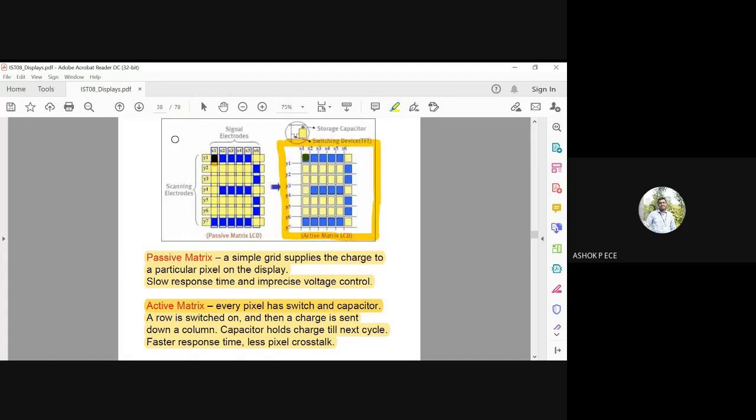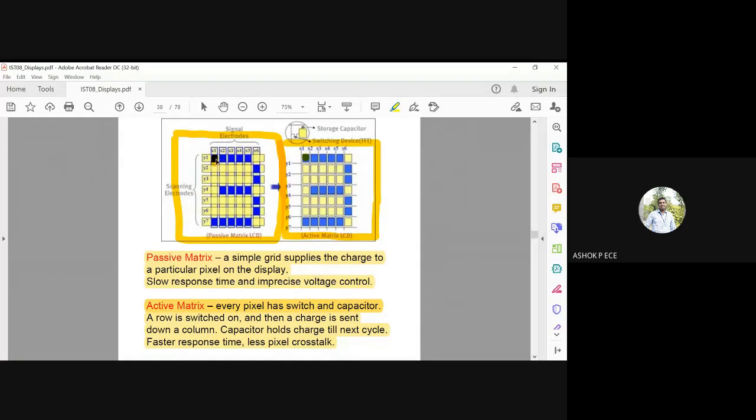But in a passive matrix, what's the problem? You have a grid to supply the power to each particular display. So you have a centralized grid away from the pixels, which is going to supply the charge to the particular pixel. Since it is a grid, the control has to come from the grid for display. So it is going to have slow response time and imprecise voltage control.